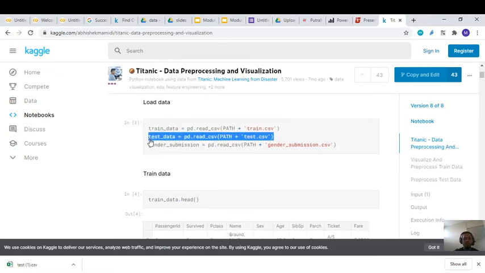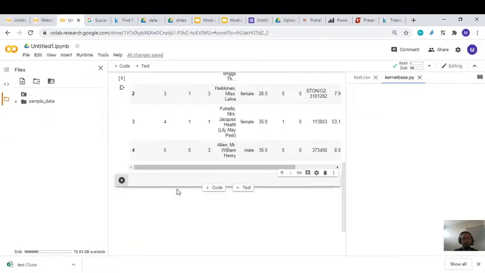Import test data first, which means that we use the pandas library. So we just put this one. Okay, after that just enter. Okay, so this is already running. If you want to see whether this data can be read or not, you can check this one.